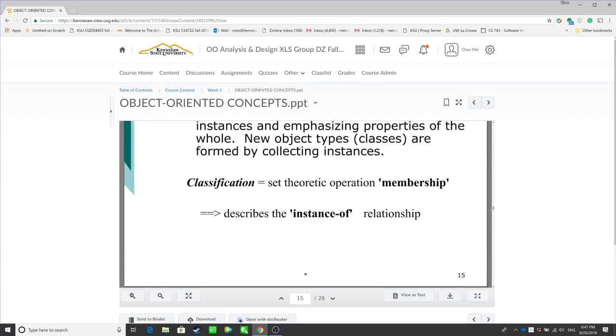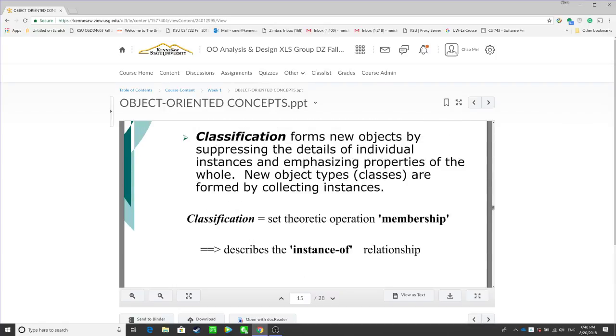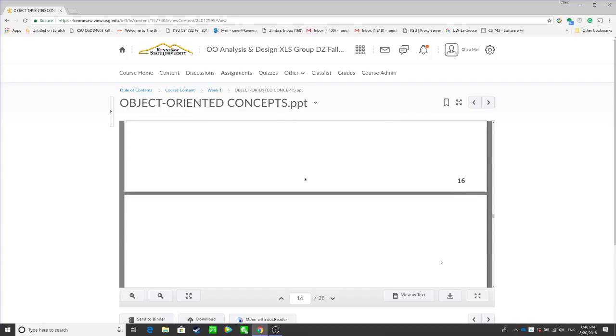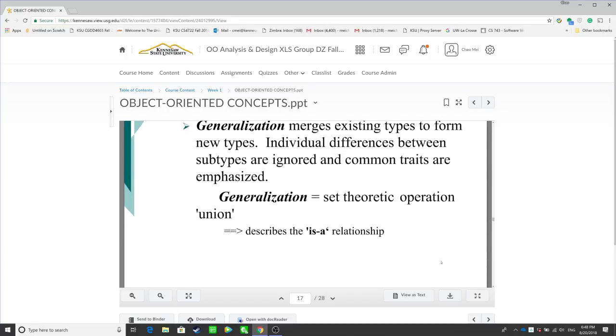Right, so three keywords actually help us to understand and memorize. Classification describes the instance-of relation. Like, I am an instance of human. Then this is classification, and on top of that,